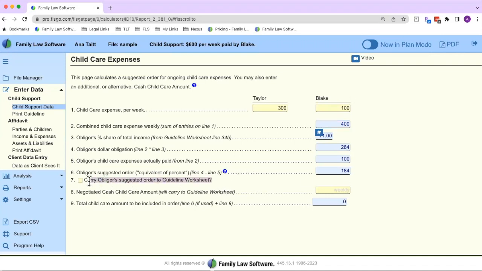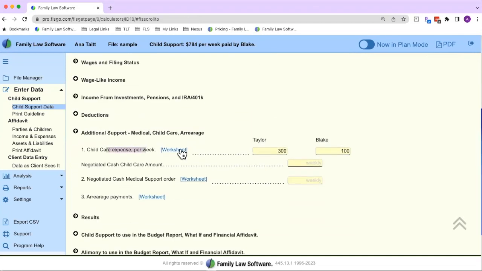And then always look for this last one. So we call this suggested. And so if I click, this number will carry to the worksheet, that 184. And I'm going to show you just in a minute. So we've got three: the childcare expense worksheet, the medical worksheet, and then the arrearage payments